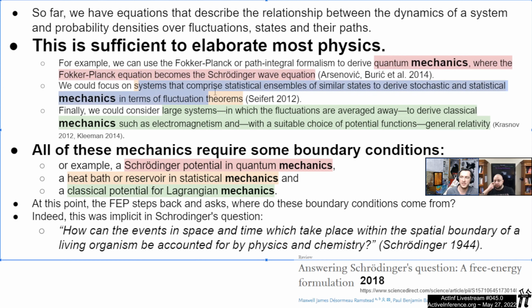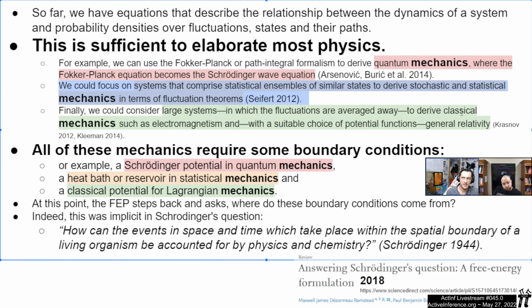We could focus on systems that comprise statistical ensembles of similar states to derive stochastic and statistical mechanics in terms of fluctuation theorems. Statistical mechanics, mechanics number 2. Finally, we could consider large systems in which the fluctuations are averaged away to derive classical mechanics, such as electromagnetism and general relativity, classical mechanics. Mechanics number 3. All of these mechanics, quantum,